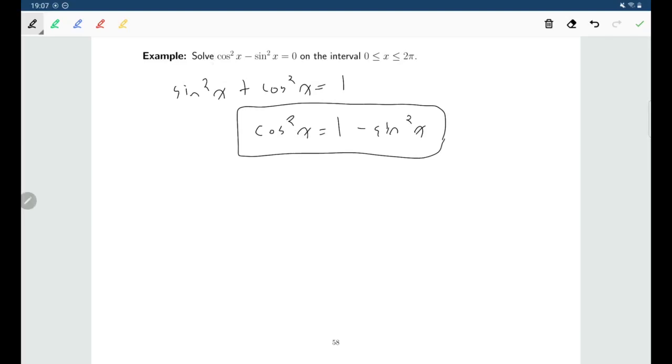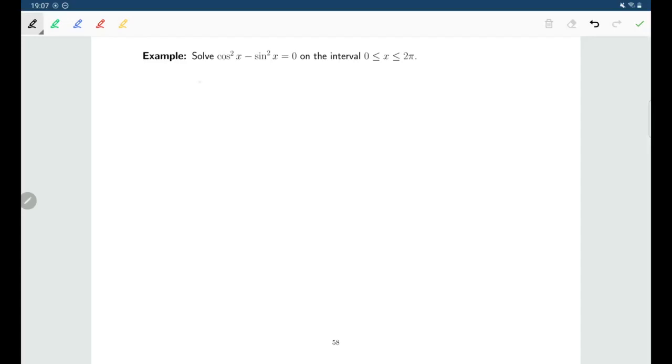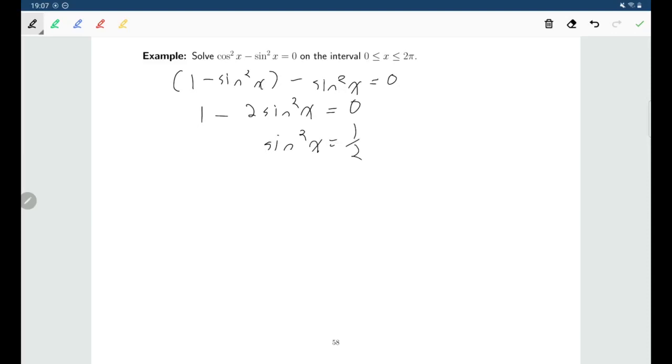I'm going to take the original equation that I have, and I'm going to replace cos squared x with 1 minus sine squared x. So that cos squared x, I'm replacing it with 1 minus sine squared x. And now I have just a single trig function, 2 sine squared x. And there we go. Now I just need to isolate my trig function. And when I do that, I'll find that sine squared x is equal to a half,